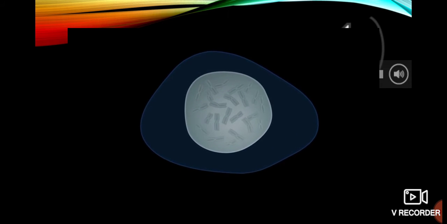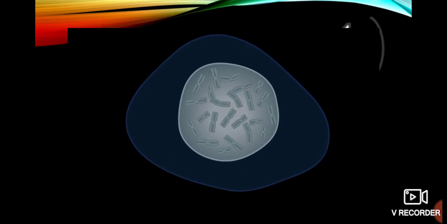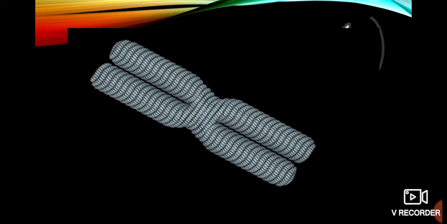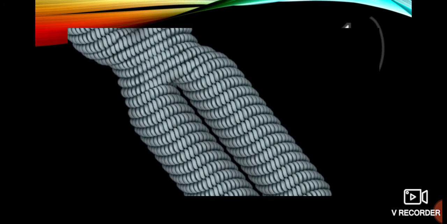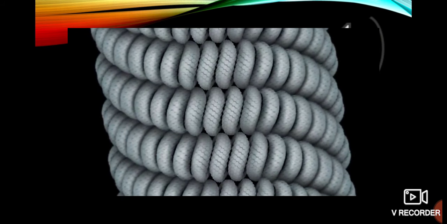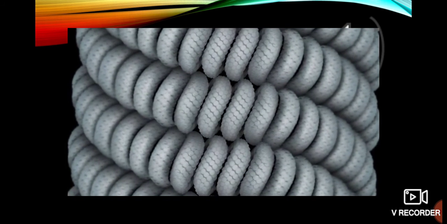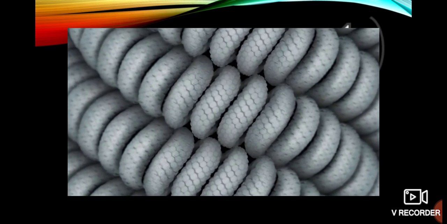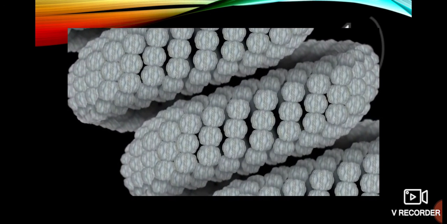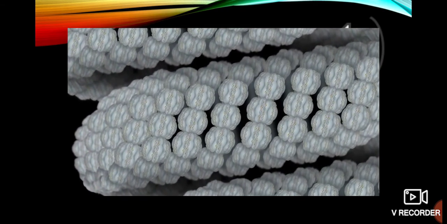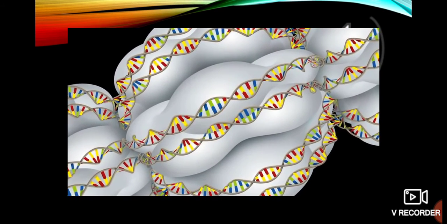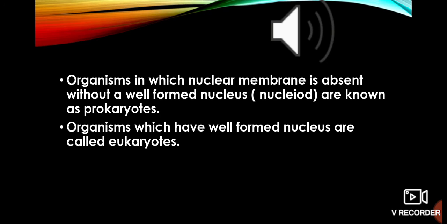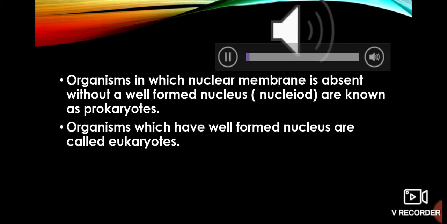This video will show you the structure of chromosomes. Chromosomes have become thick as the cell division starts. Chromosomes are basically made up of chromatin. These chromatin fibers were thin when the cell was not dividing, but as the cell started dividing, they have become thick and formed chromosomes. Now if the video shows you the zoomed-in picture of the chromosomes, you can see the spiral structures. The spiral structures are the DNA. They are present inside the gene. Thus we can say that chromosomes consist of genes and genes consist of DNA.